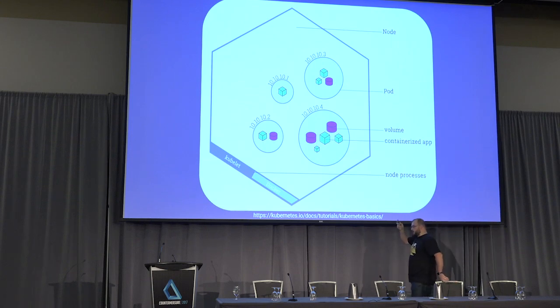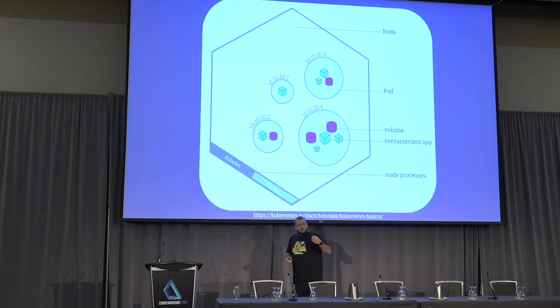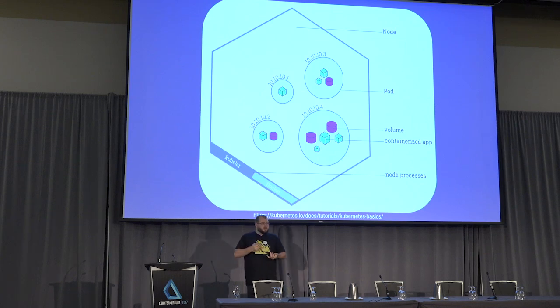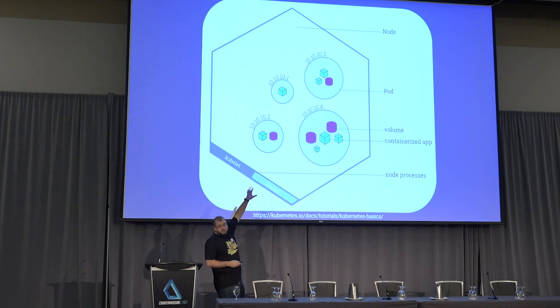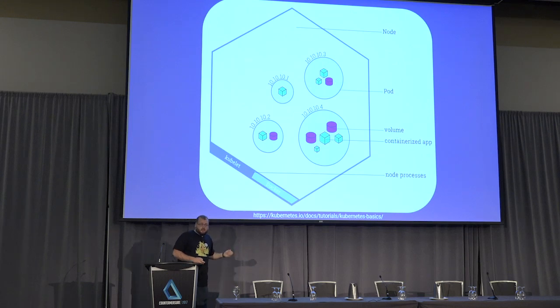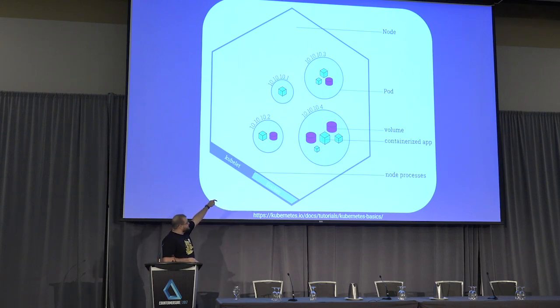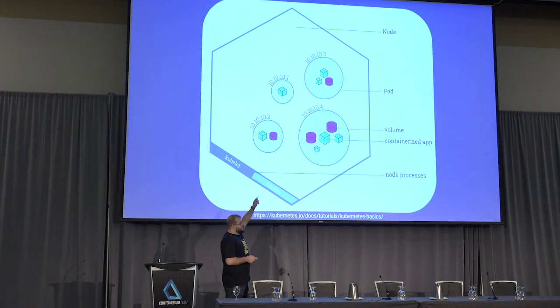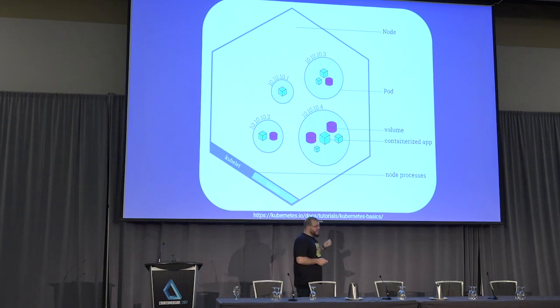So this is an example of Kubernetes pods. What a great time to step back and remember our container basics and to talk about these namespace and control group isolation techniques. So we have up here a bunch of Kubernetes pods. Because we're doing shared kernel OS level virtualization and are using namespaces, we have this cool technology available to us that lets us share namespaces. So you can see in 10.10.10.4, the largest of the pods here, we have a number of volumes, and we have a number of containerized applications. And it's all sharing the same IP address of 10.10.10.4.